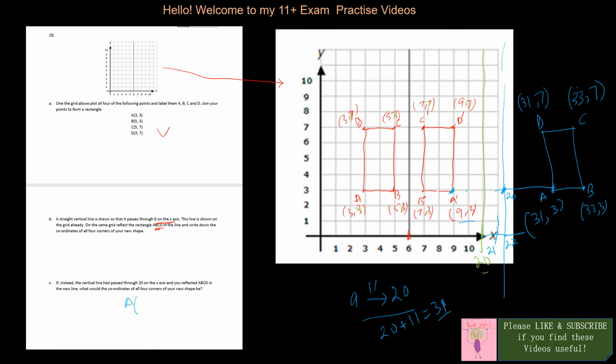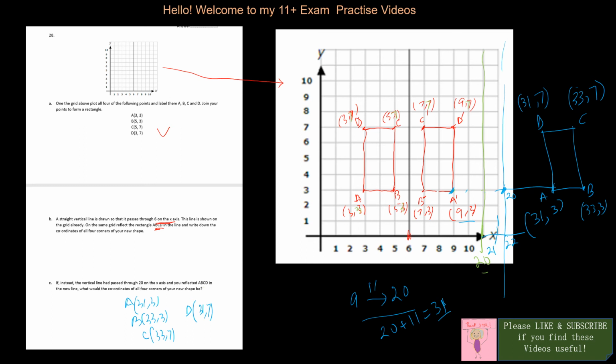A 31 3, B 33 3, C 33 7, and D 31 7. Okay, I think that is correct